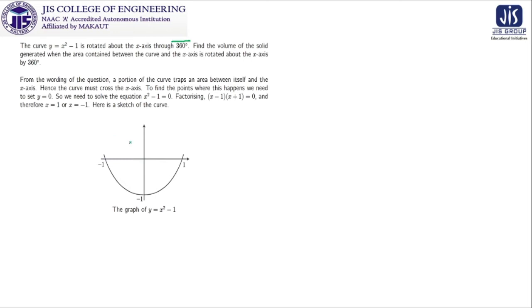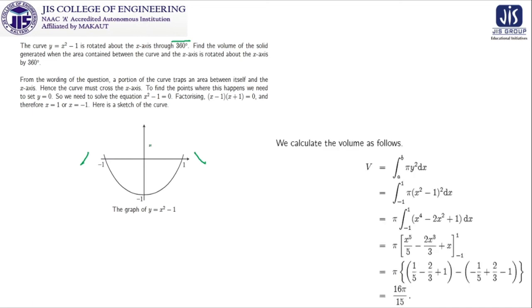Our job is to find out these crossing points, because otherwise we will not be able to find out the lower limit and the upper limit of the definite integration. So if it will intersect with x-axis, we can make this particular result equal to 0, and solving them we will get both the points, that x equal to 1 and x equal to minus 1 will be the intersecting points.